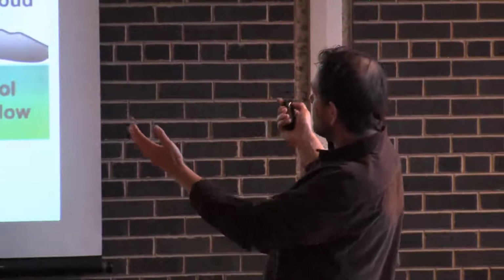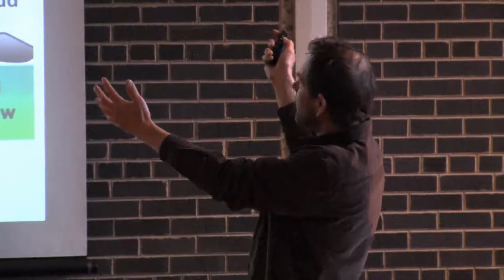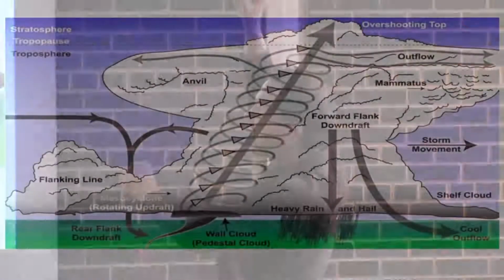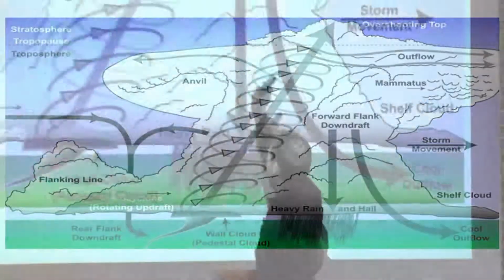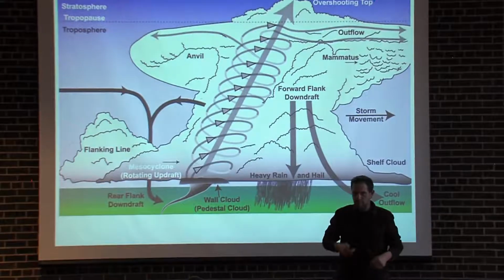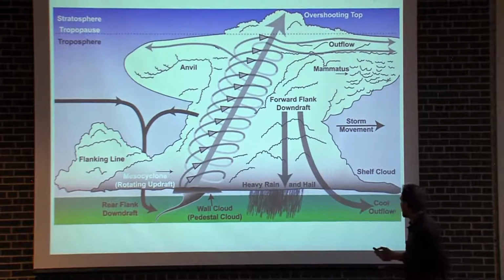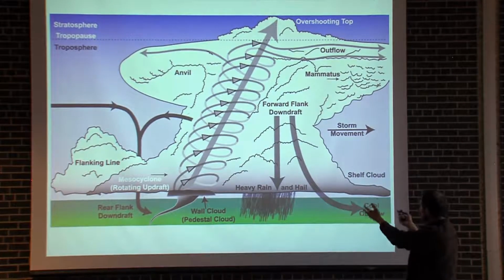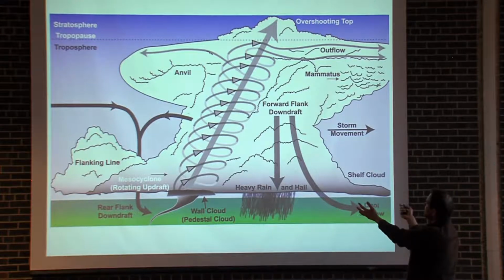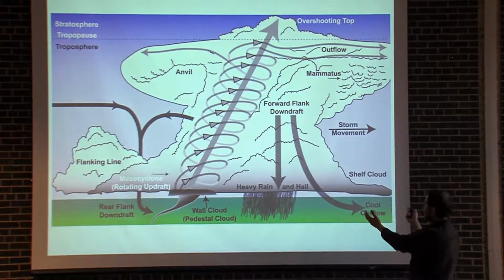You've probably seen a very typical anatomical diagram like this of a supercell or of a mesocyclonic type of thunderstorm. Mesocyclone meaning it's a kind of large-scale rotation going on inside the cloud. And I'm going to get to how that actually develops real soon. But this is the perfect setup that you normally see. But how do we get to this? How does this actually happen?